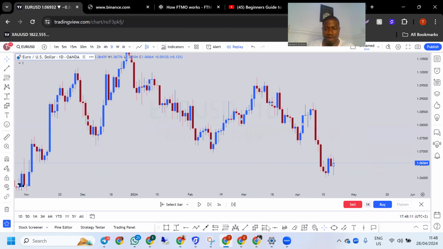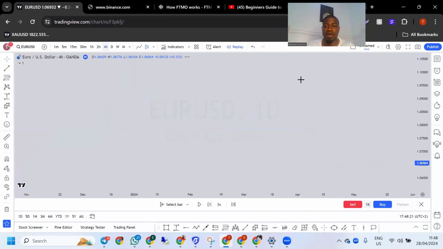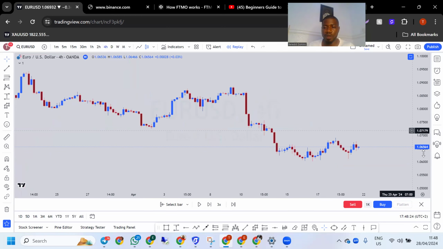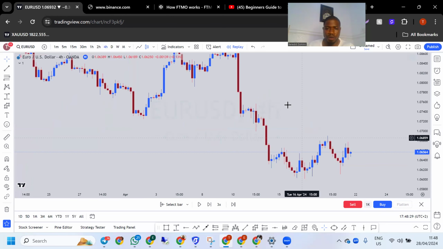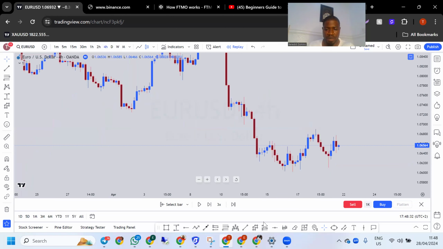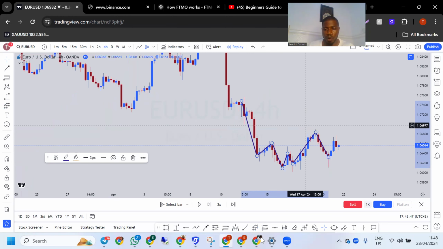So the last structure we have is lower low. Our market was creating this lower. That is on last week. Then on the 4-hour time frame, we can see what happened. After all the noise in the market, we had lower low, lower high, lower low, market structures, higher high, boom. So what we have here is that